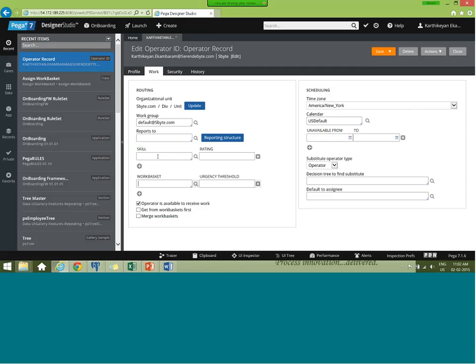That's why we have a skill option over here. See here, right? This is a predefined one. In case you are creating anything, it should come over here. If I want to access only educational related background checks, take an example, my operator ID should contain the work basket name and the skill of the particular cases. Then only I can pull from my GetNextWork. The skill is most important when you are going for skill based routing. While routing, you should have the skills to associate to the work object.